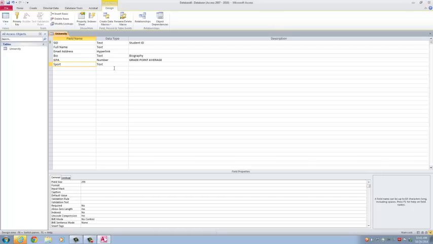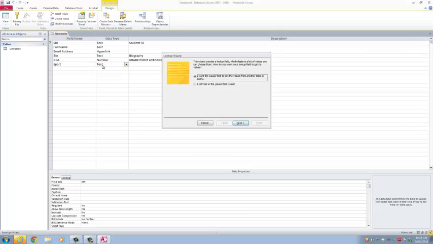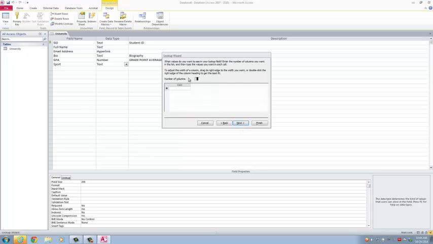So this field name is Sport. The data type is Lookup Wizard because there's certain things we want to look for. The wizard creates a lookup field which displays a list of values you can choose from. We don't want it to make it. We want to make it ourselves. I will type in the values that I want. So we click that, then Next. These are the things that are going to be offered, and the school's asking us to make available